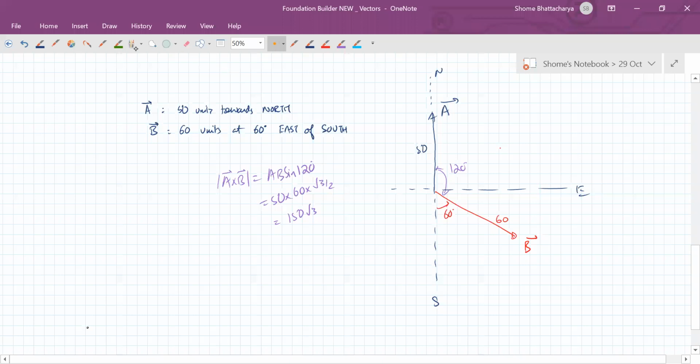Oh, sorry, 1500 root 3. My mistake. Not 150, but make a correction over there. The magnitude is 1500 root 3. And about the direction, now once again, this time when you apply the right hand thumb rule, you have to